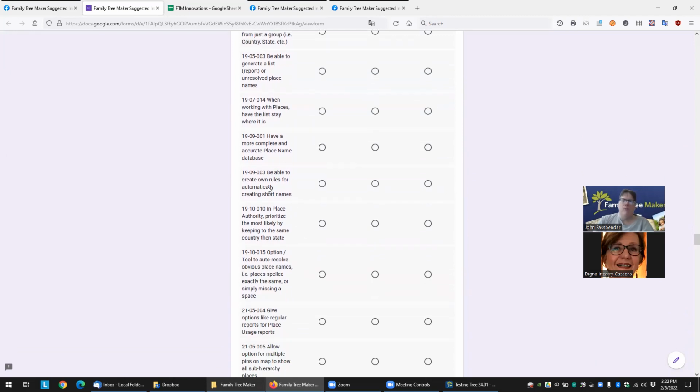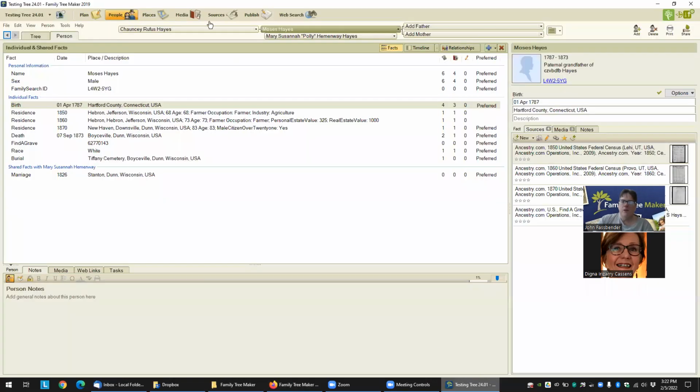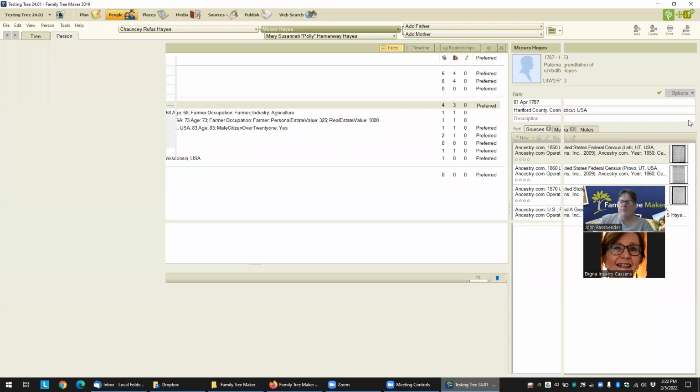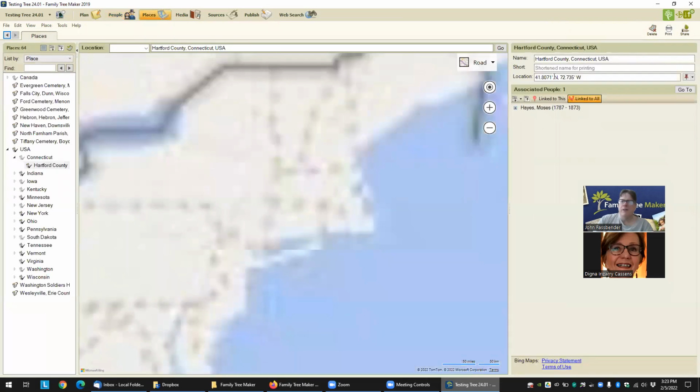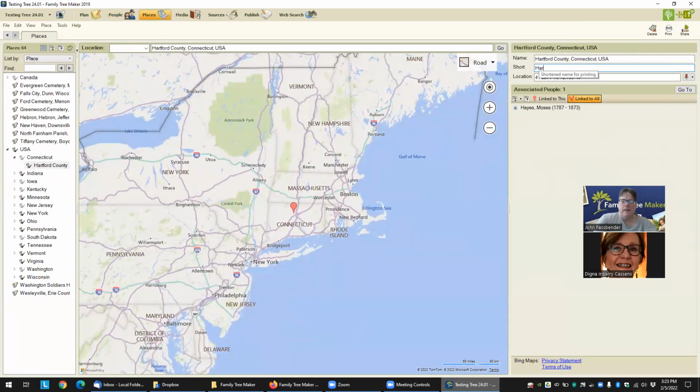Be able to create our own rules for automatically creating short names. A short name for a place is like this: Hartford, Connecticut, Hartford County. Well, maybe you'd want it to say Hartford County and then CT for Connecticut, because, see, I misspelled that, but